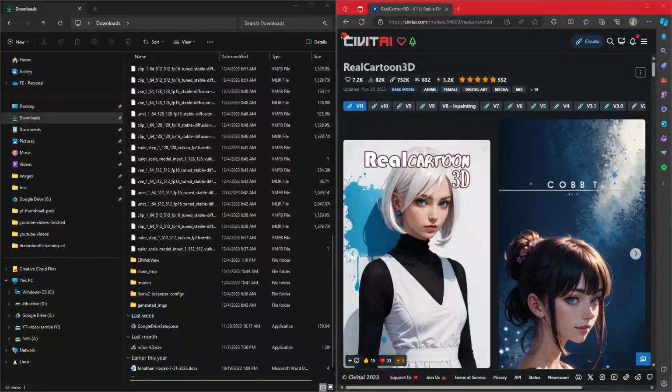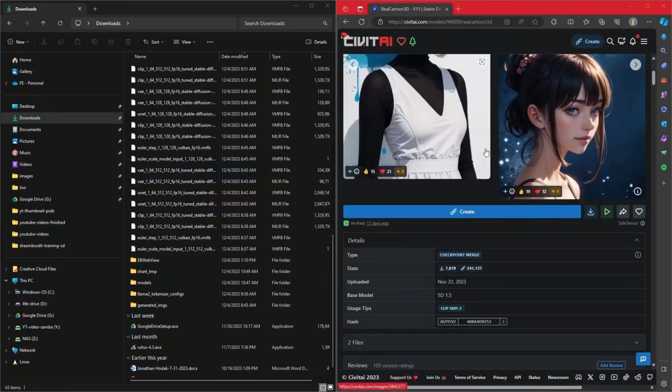For anybody who is wanting to download a model, the one that I used today was Real Cartoon 3D. I have not tested Stable Diffusion XL models running on Shark, but in Civitai, you can come down to any model you want, get download options, click on it. This one had a pruned version and a non-pruned version. I used the non-pruned version. Once that downloaded,